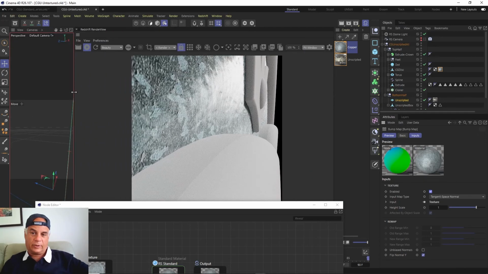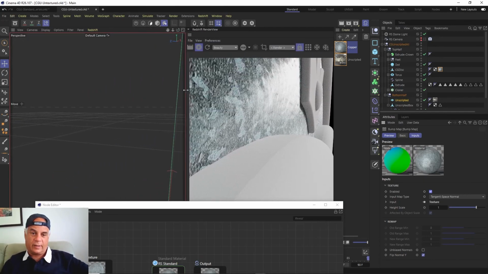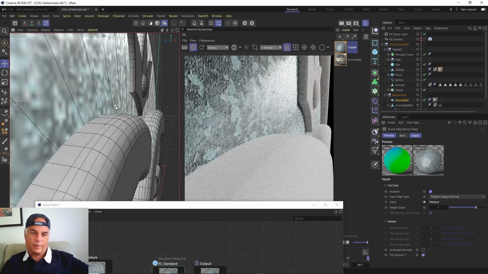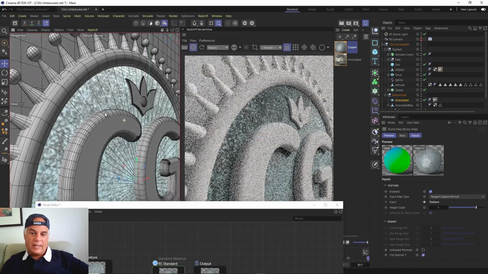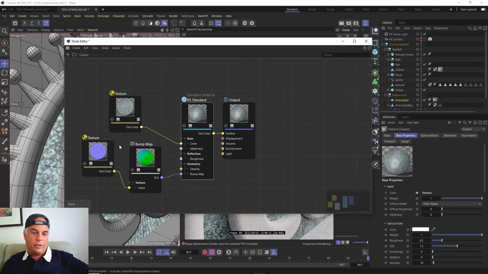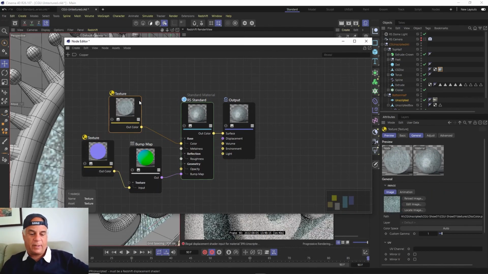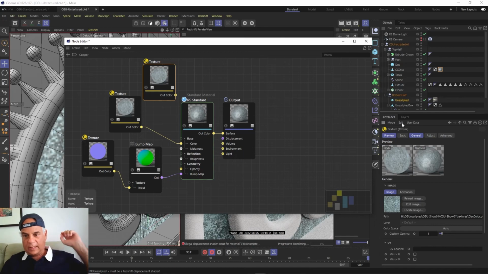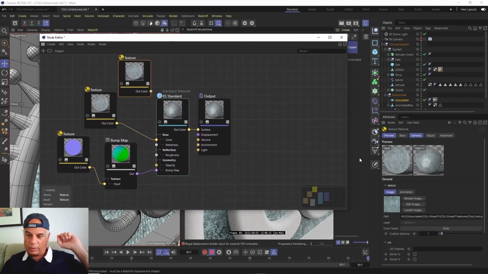Let me make sure I'm at 100% on this window. Now it's too shiny, so actually, if you want, you could take a texture and just copy and paste it. This way you don't have to always create a new node. And what we're going to do is choose